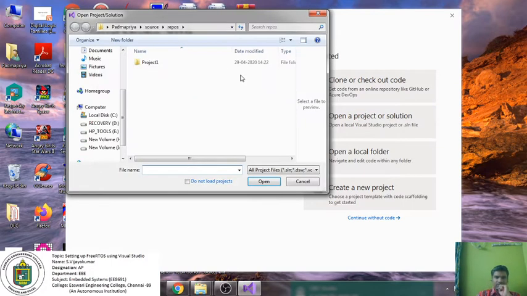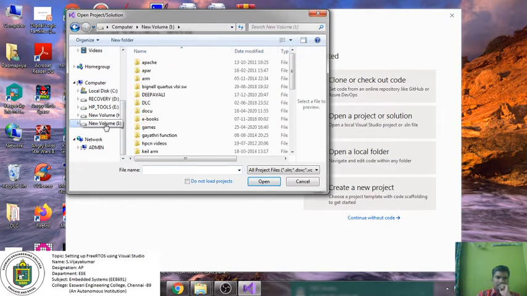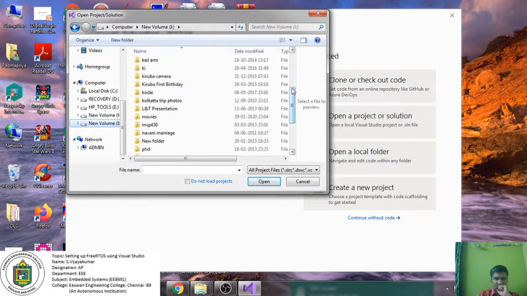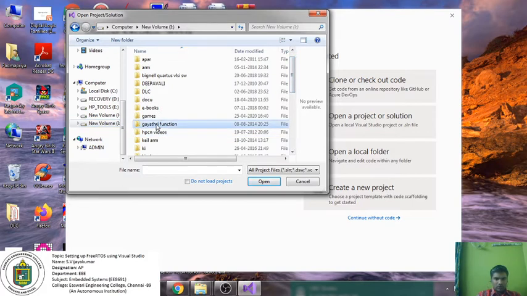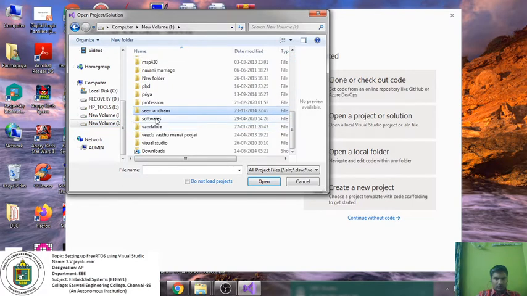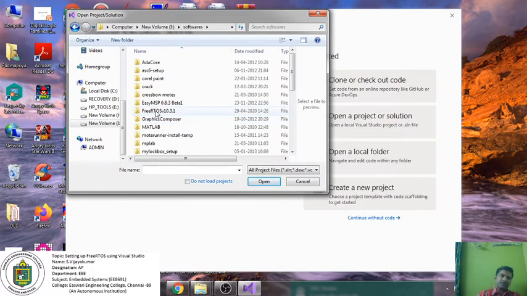It will ask for the file, then go to the particular folder where you have extracted FreeRTOS. I extracted it in the software folder, FreeRTOS version 10.3.1.